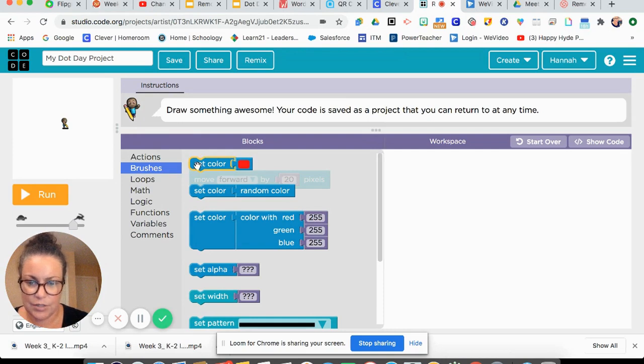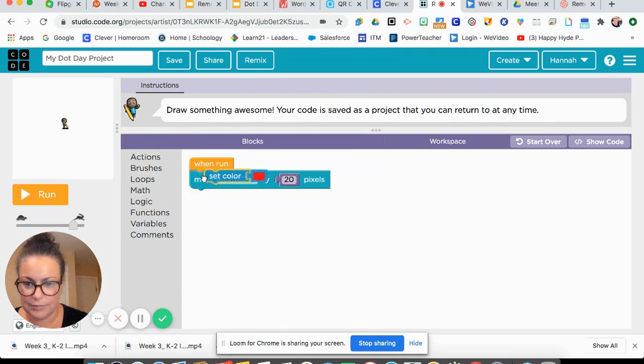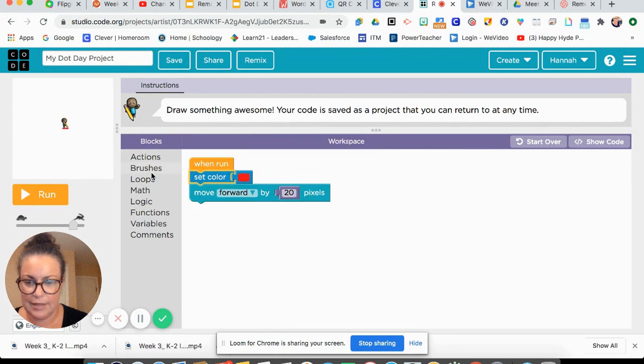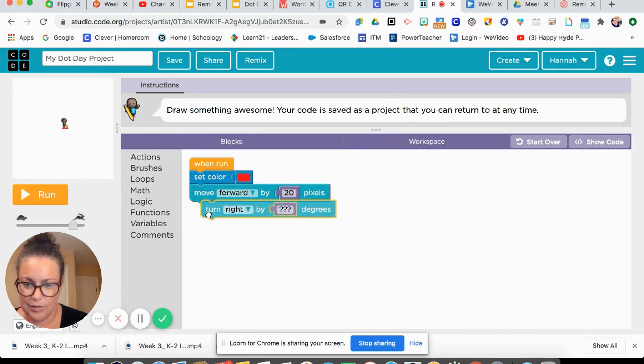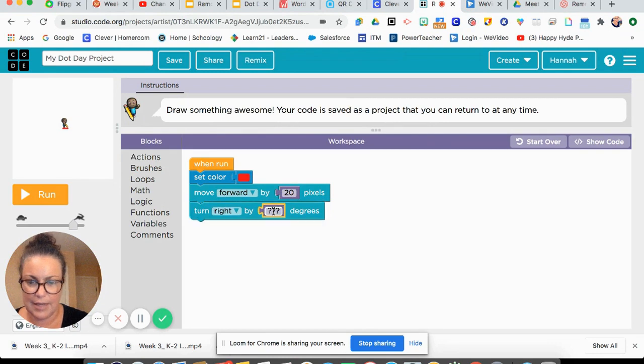I'm going to pick my brush color. I'm going to set my color to red. And then after I have him move forward, because I also want him to turn and then move forward again and turn and move forward again and turn to make a dot, I'm actually going to have him turn right. And again, you can just pick an angle here and you can play around with it. I'm going to do 25,